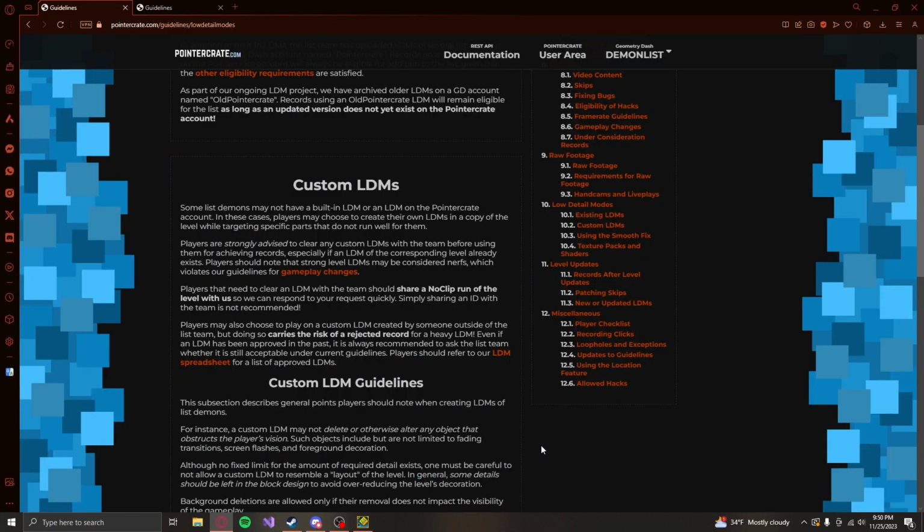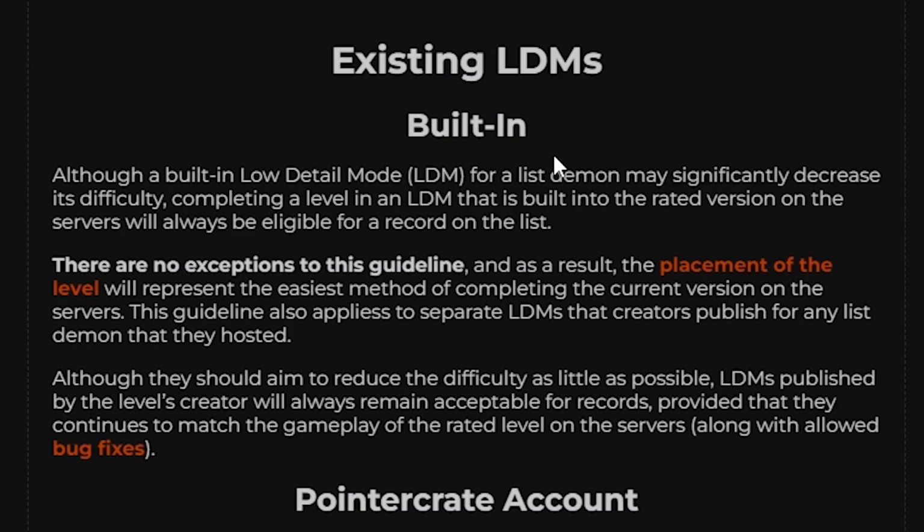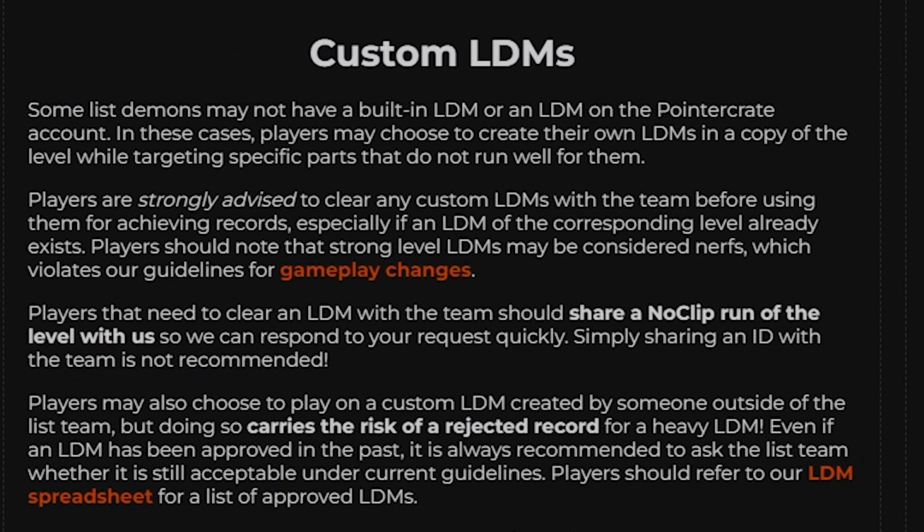But now let's talk about if this is a legitimate thing you can do. So on pointercreate.com, they have a bunch of different rules for submitting your records, and as you can see, they have their own section on low detail modes. So obviously built-in low detail modes don't matter. If it's in the level already, then do it, whatever. But custom low detail modes, which are where users will copy the level and then remove certain objects, are a little bit more iffy. As you can see, they're strongly advised to clear any custom low detail modes because it